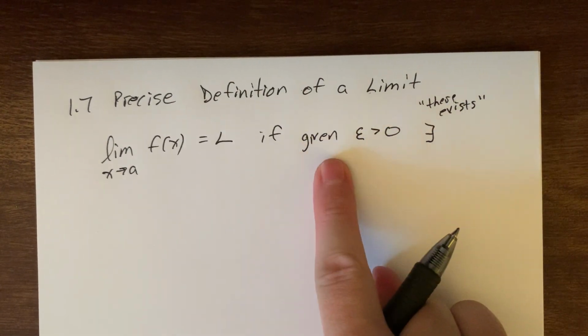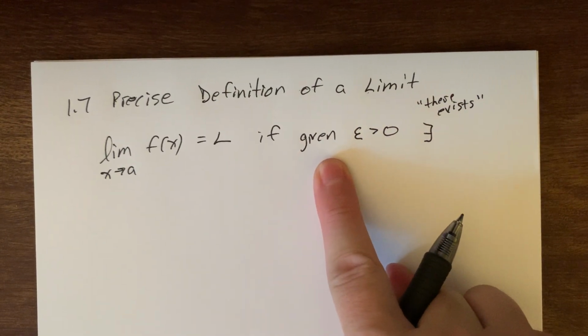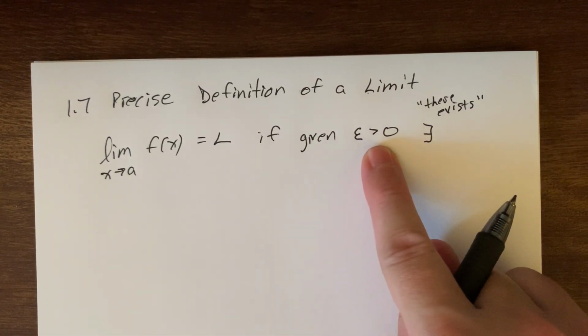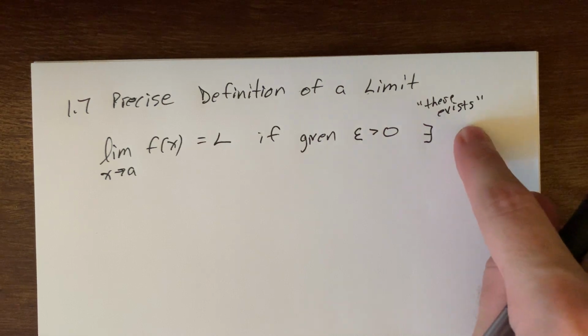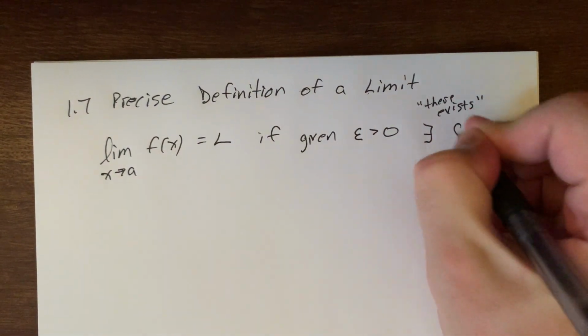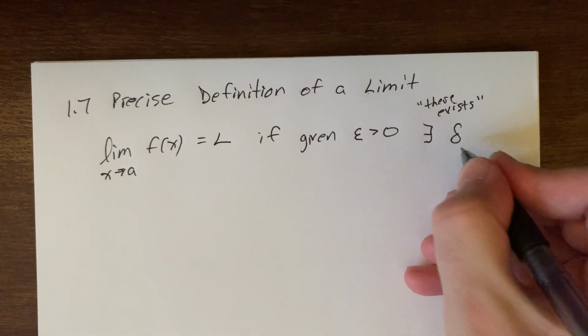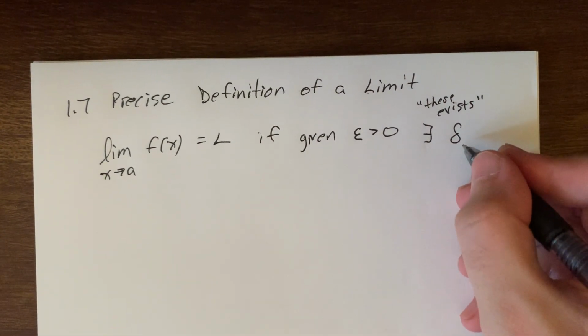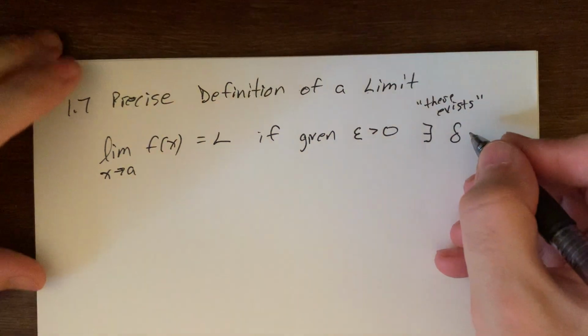So if someone, this is kind of like a challenge, someone challenges you by giving you some epsilon value greater than 0, then you have to come up with, there has to exist a delta value that's a little bit different than the triangle delta that we've seen. It's the lowercase version. Then there exists delta